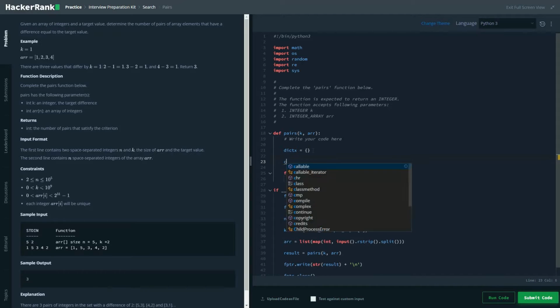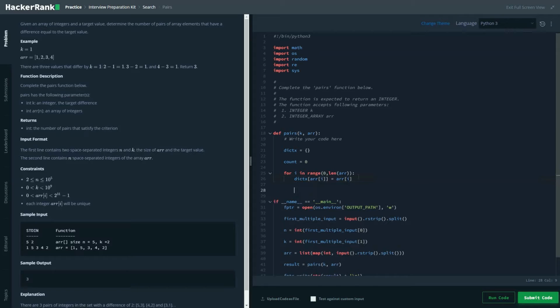Here we will also add a count variable that will count the number of pairs that have a difference equal to the target sum. Once we have done that, we'll write another loop for i in range 0 to length of array,